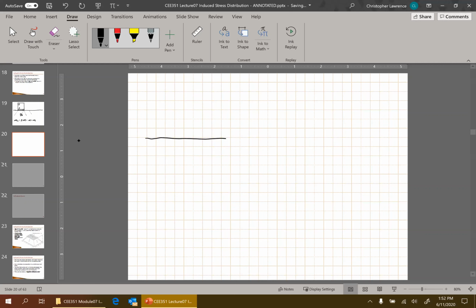This is sort of oversimplified, but it gets the idea of these influence zones. So we have a structure similar to what I was just talking about. And we're considering point A, let's say right here. Okay. Point A is influenced by this structure. So it's within this influence zone. We often assume it's basically 45 degrees. What that means is outside